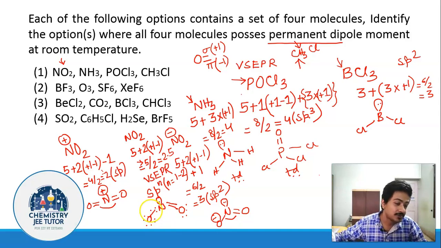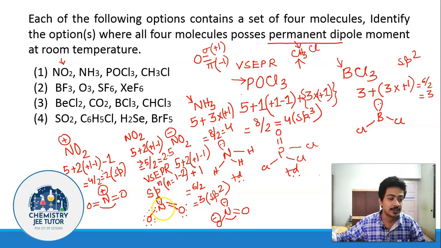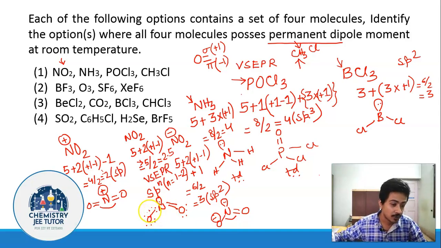Now if it forms a double bond, then the total electron count over nitrogen is going to be 9. How? This double bond will account for 4 electrons, this double bond will account for 4 electrons, and there is 1 electron present over nitrogen. So it is going to be 9 electrons, and this nitrogen is going to violate the octet principle, so we are not going to give a double bond over here. So what to do? We are going to give a coordinate covalent bond over here. If you give a coordinate bond over here, this oxygen has now completed its octet because this 2 has been donated over here. So that is how we do it.